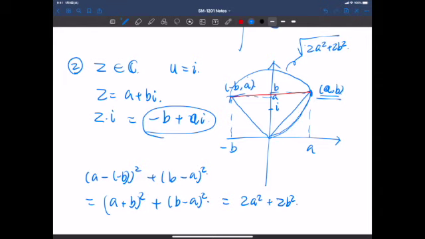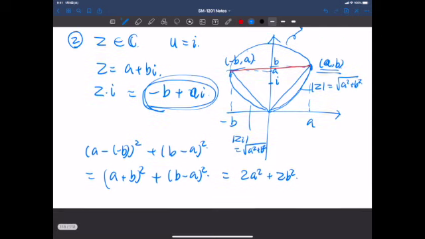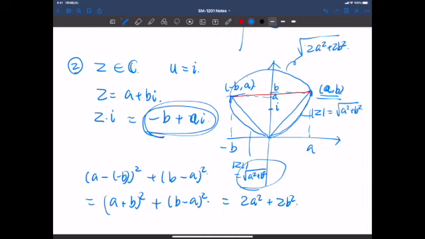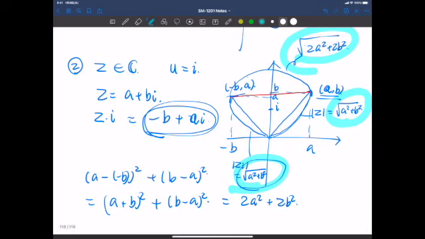And what's this distance? That's the modulus of the original complex number z, which is the square root of a squared plus b squared. And what's the distance here? This is the modulus of zi, which is the modulus of this. So it's the same, a squared plus b squared. So if you compare these three numbers, this and this and this, then we can see that